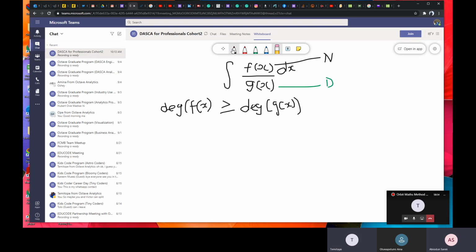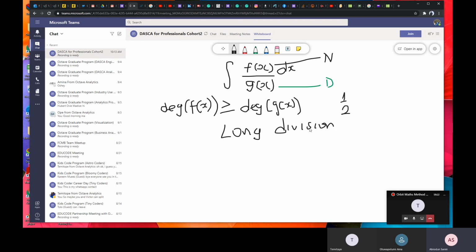So whenever the degree of the function at the numerator is greater than the degree of that of the denominator, you proceed to first do long division. Long division. That's step 1. Now, step 2. Let's say step 1 is